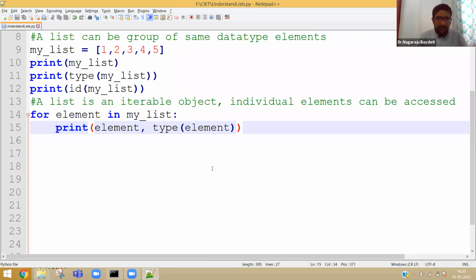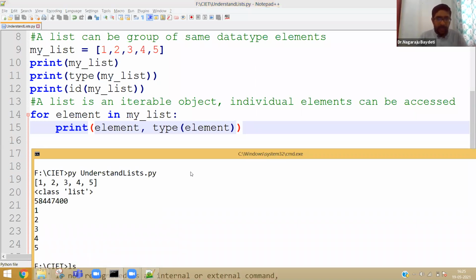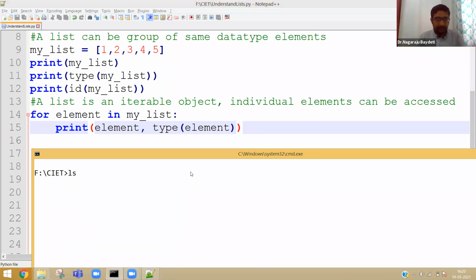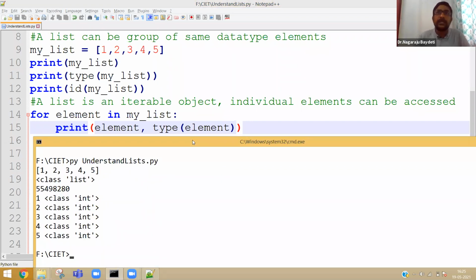Now let us try to understand the output of the program. Clearly you can see as a whole, it is an object of class list, correct? But individual items, they are integer objects. That's why I wrote a list can be a group of same data type elements. That's the proof here. As a whole, it's a list object, but individually they are integer objects.